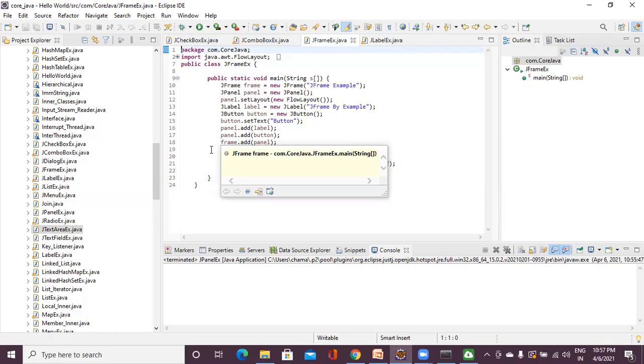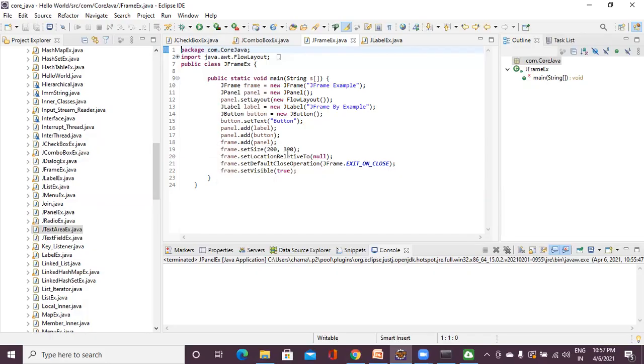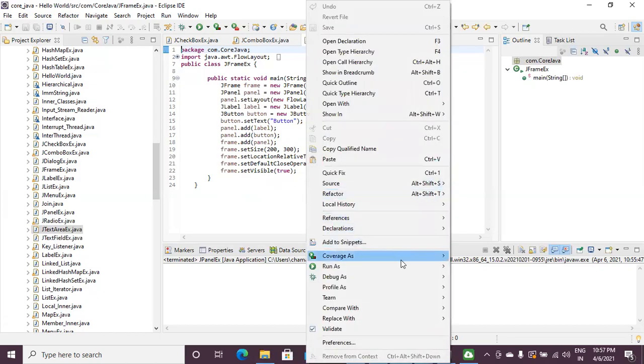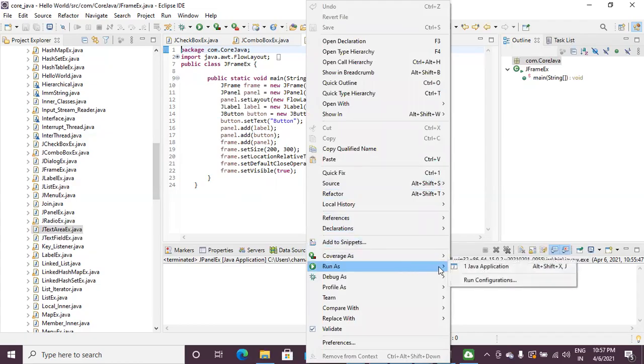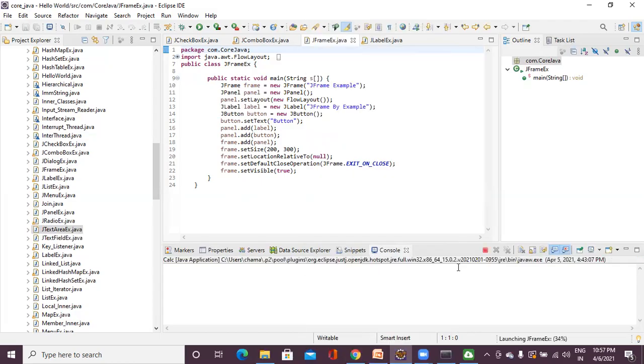Then set the size of the frame to 200 width and 300 height, and set the frame default close operation to JFrame.EXIT_ON_CLOSE, and set frame.setVisible true, meaning the frame will be visible. By default, the frame is not visible, so we should set the frame to be visible by saying frame.setVisible to true. When we run this program,